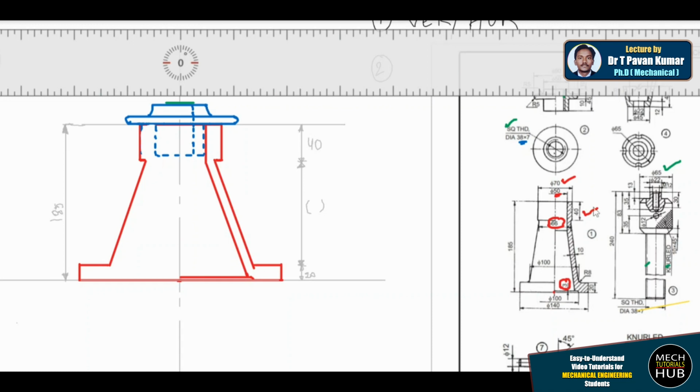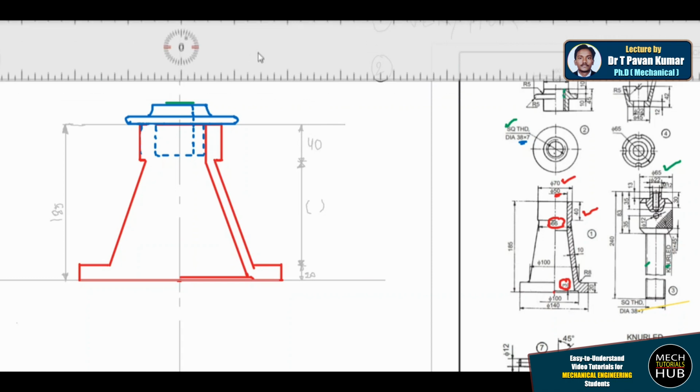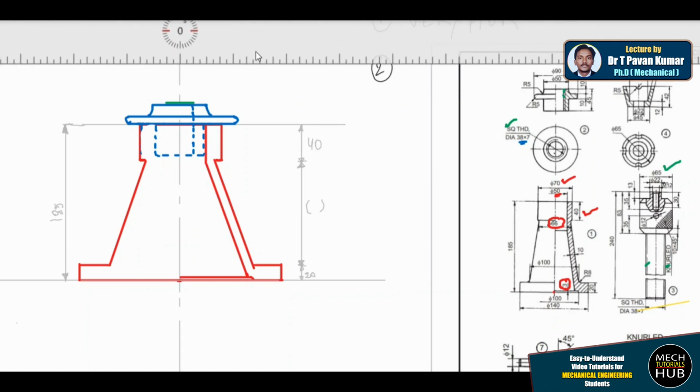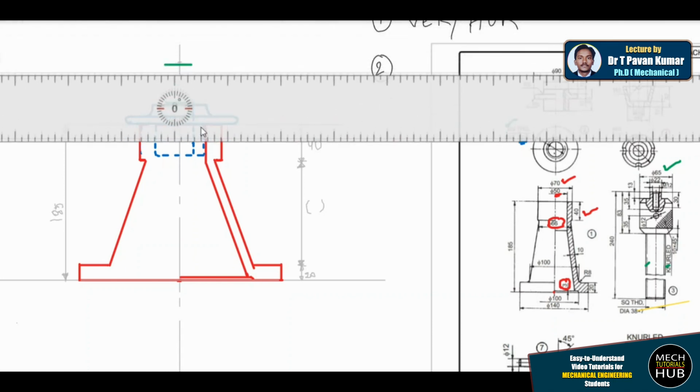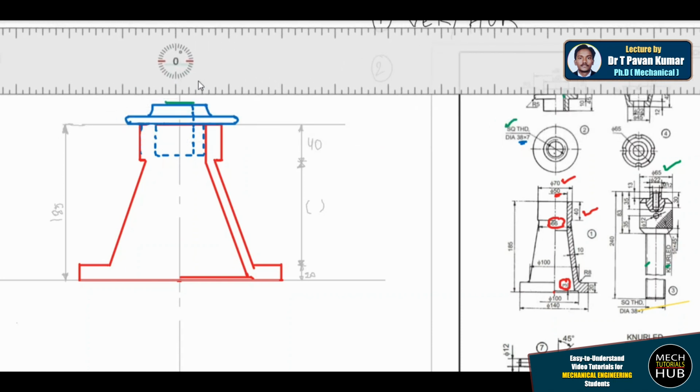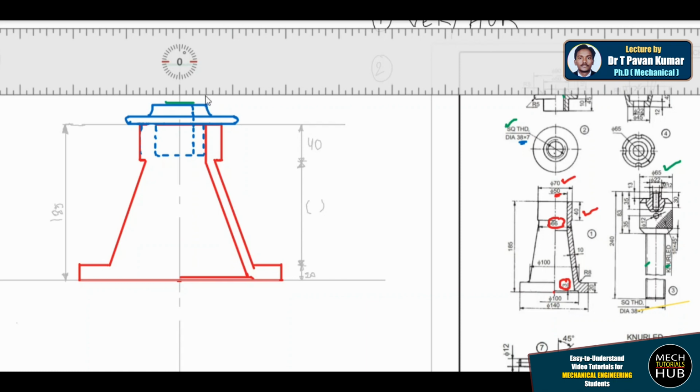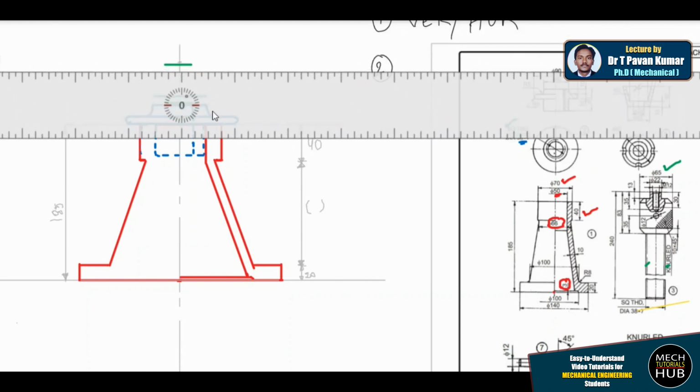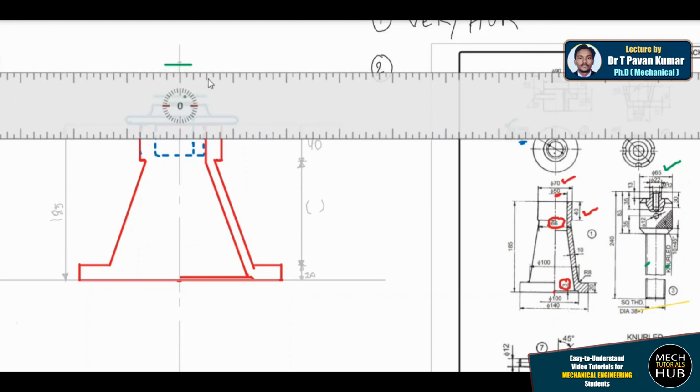The overall height is 83. So let me mark 83 first. From here let me mark that 83. Okay, the box should end up in between these two. Alright, now I try to mark a 10 mm gap, a 10 mm gap. So that 10 mm I'll make here. Similarly on the top side, I'll tell you what exactly this is.